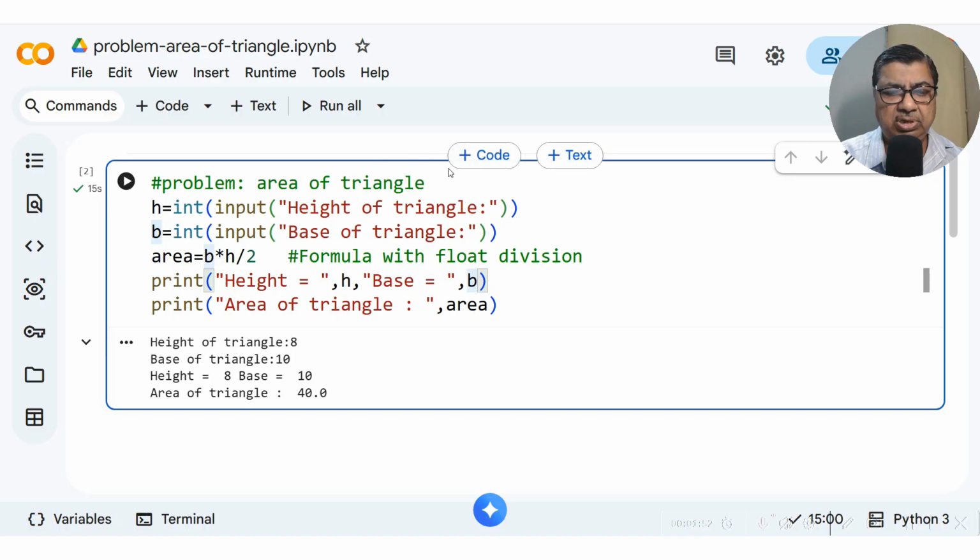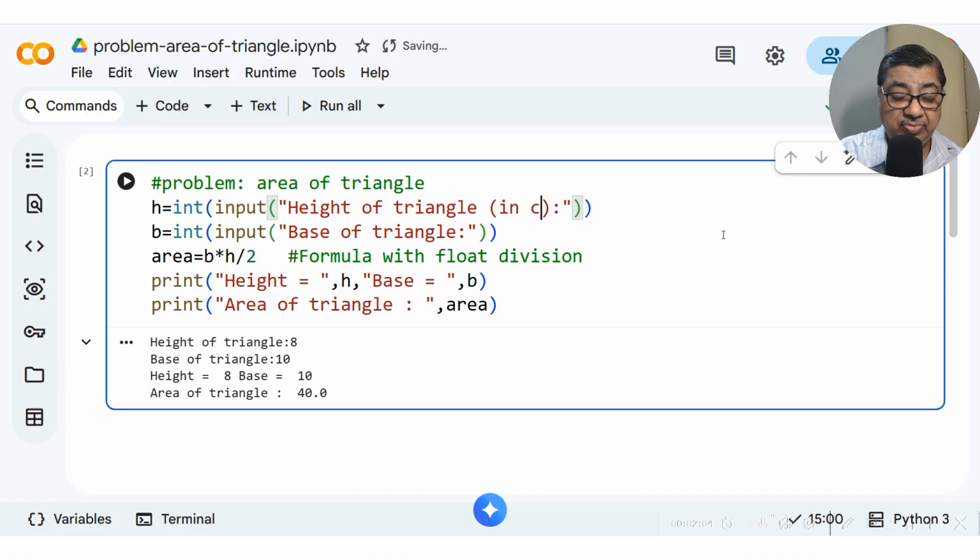If you want to indicate units, then we can write in the text here itself. Should I show you? Height of triangle in centimeter. Here also I can write in centimeter, and here I can give area in centimeter square.